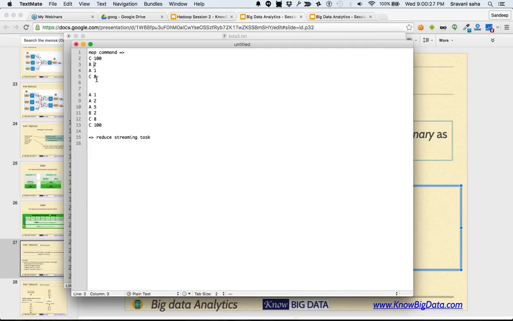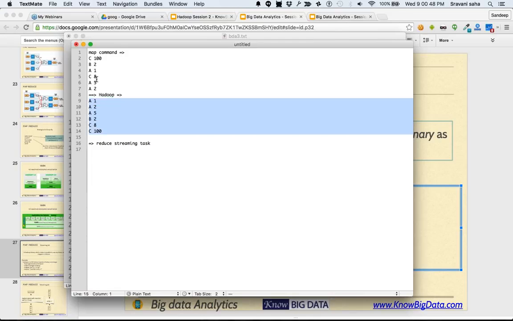It might go on like A5 and then A2. All I'm trying to say is this data goes to Hadoop, and Hadoop sorts it and gives it to the reducer. So for a Hadoop streaming job, this is how the data looks.